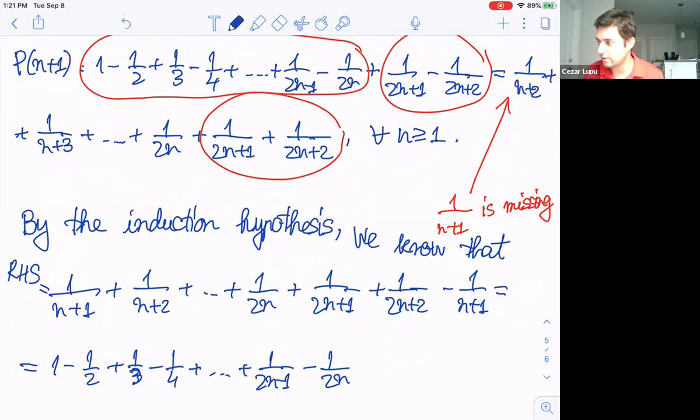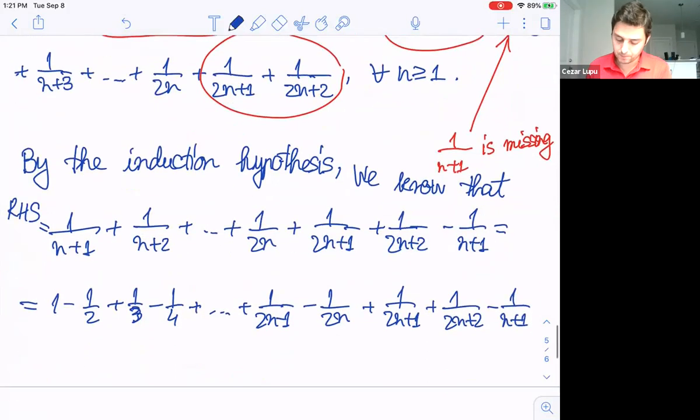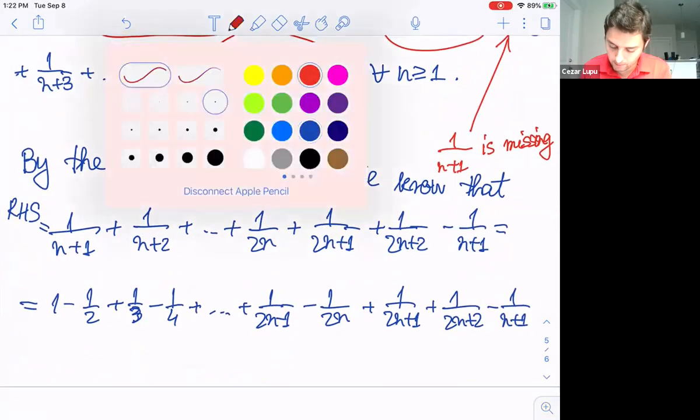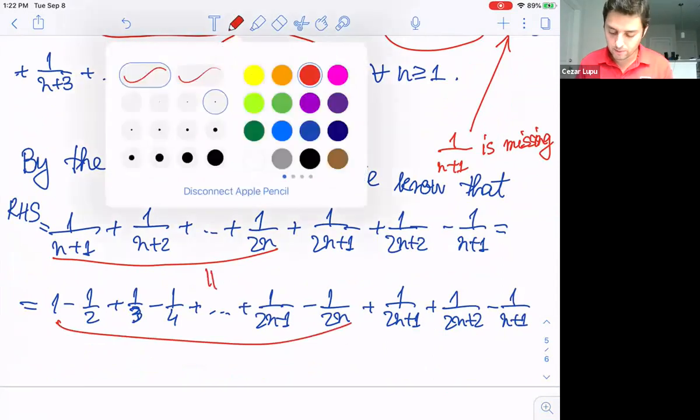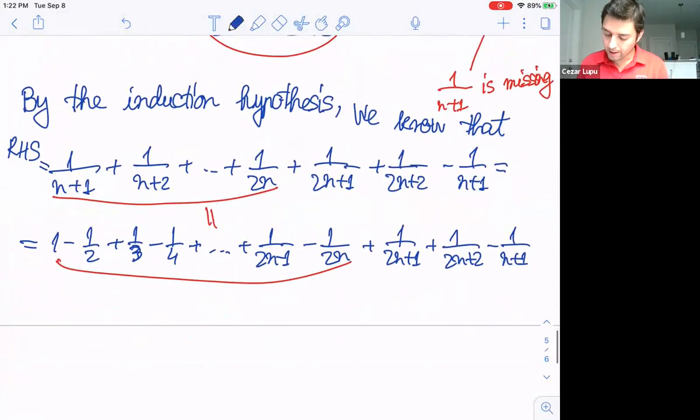Okay, and I have these extra 3 terms here, plus 1 over 2n plus 1, plus 1 over 2n plus 2, minus 1 over n plus 1. Okay, so keep in mind that here I use the induction hypothesis. This guy here is the same as this guy here. These two are equal. So I have these extra three terms here. Okay, no problem. So this will be equal to,